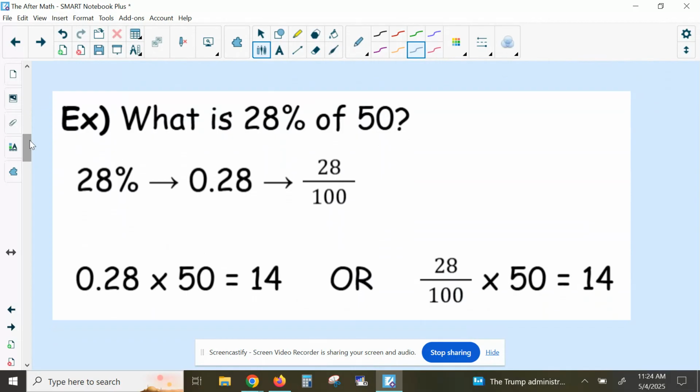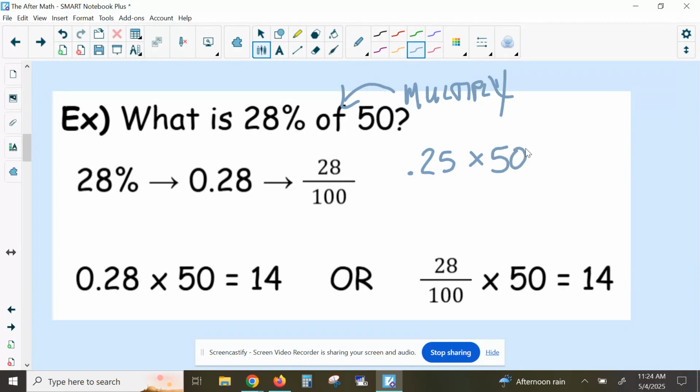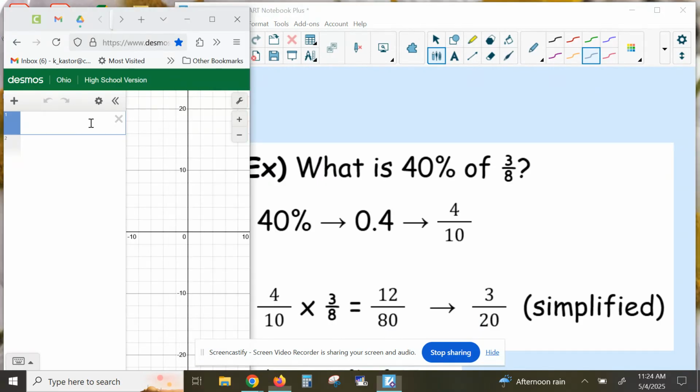Okay, so we have an example when we want to say what is 28% of 50. Remember, of in math means multiply. Make sure you remember that. Of in math is multiply, so if you just see the of, just know to multiply them. Now, obviously, 28% is not a real number, so you're going to convert that into a decimal, so 0.28, and you're going to multiply that by 50. So if you do 0.28 times 50. I don't know why I wrote 25, 28. So if you were to put this in here, 0.28 times,